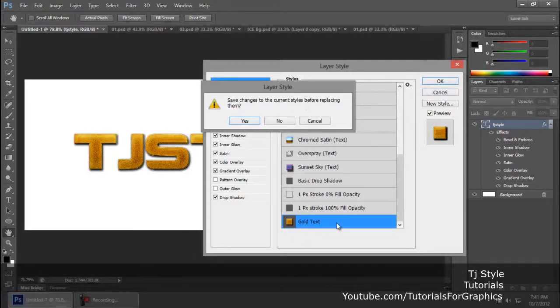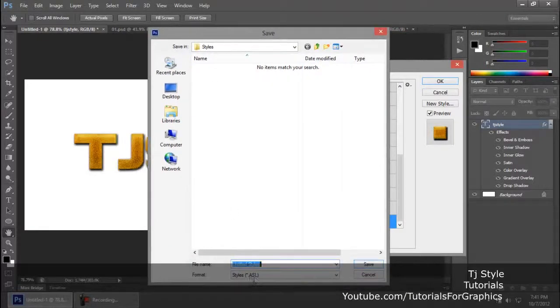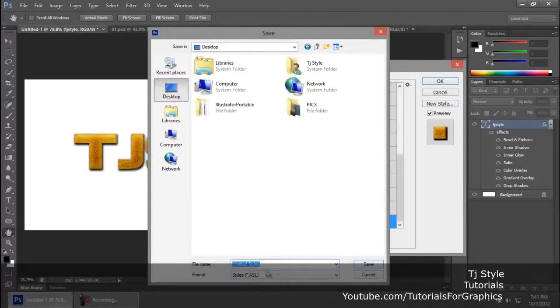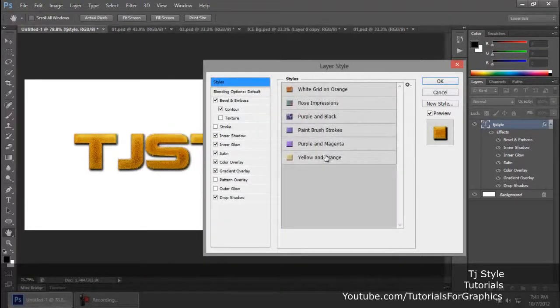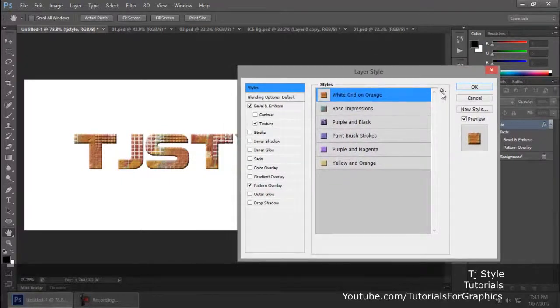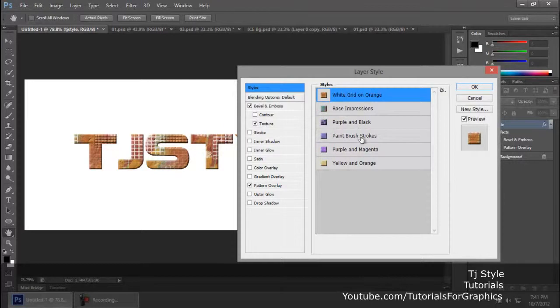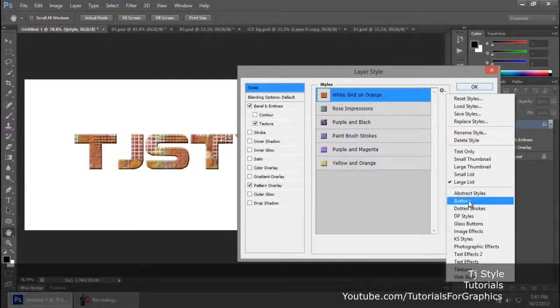So do you want to save the layer style that you have just created, as in the gold text? I'm going to say yes, and it's going to ask me to save it as an ASL file. I'm going to choose my desktop, change the name to untitled styles, click save, and you can see that the set gets changed from default to abstract styles. Click OK, and they are the abstract styles.